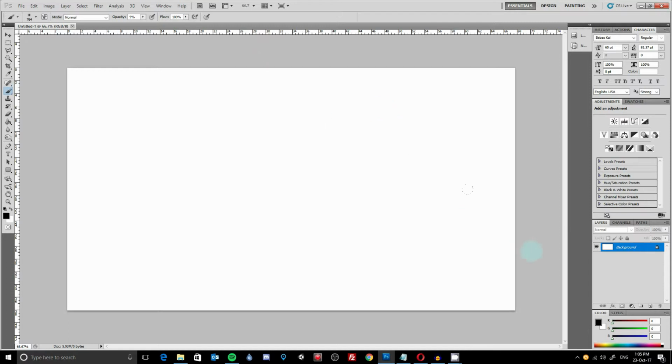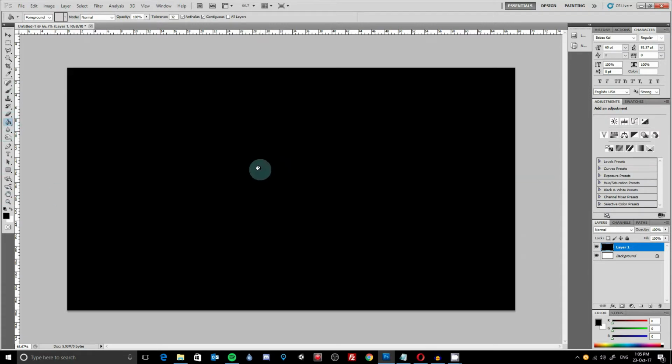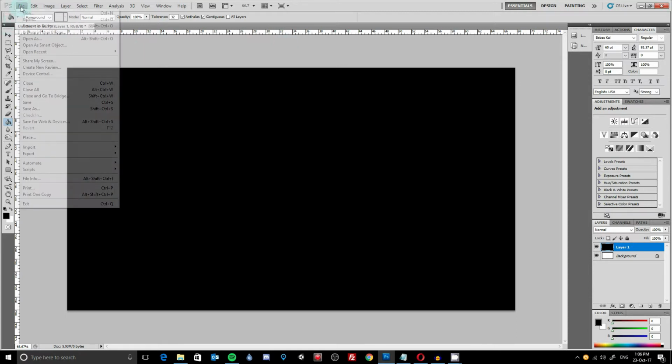First things first, let's create a new layer down at the bottom in the layer panel. I'm going to click our paint bucket tool and fill it with black. I always like to start with a black background if possible, and then I'm going to grab my background layer